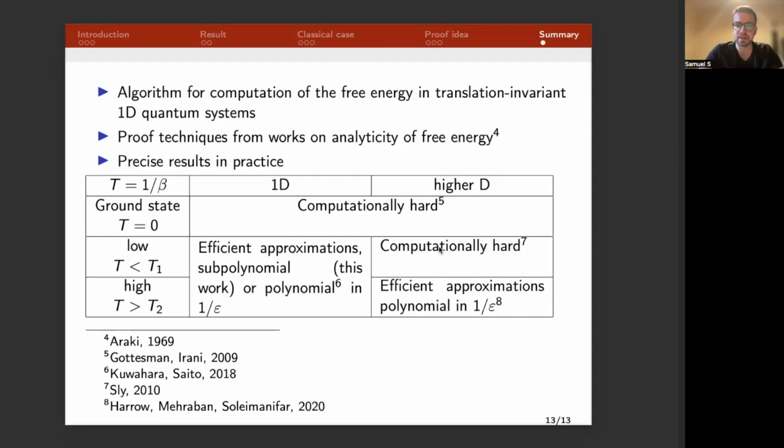Also, it's interesting that a similar picture like this one holds for other questions in many body physics. For example, how do correlations behave in many body systems, or where do phase transitions occur? And all these actually have a similar picture, that these things can occur in ground states of quantum systems or in higher dimensional quantum systems, but not in 1D and not at sufficiently high temperature. So it would be interesting to look at how these questions are